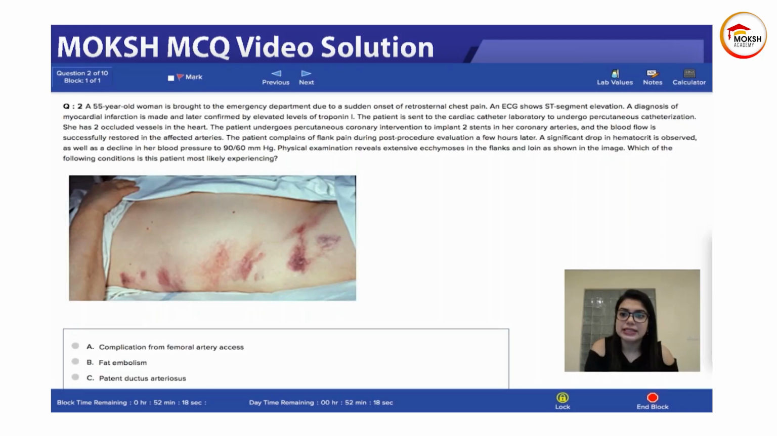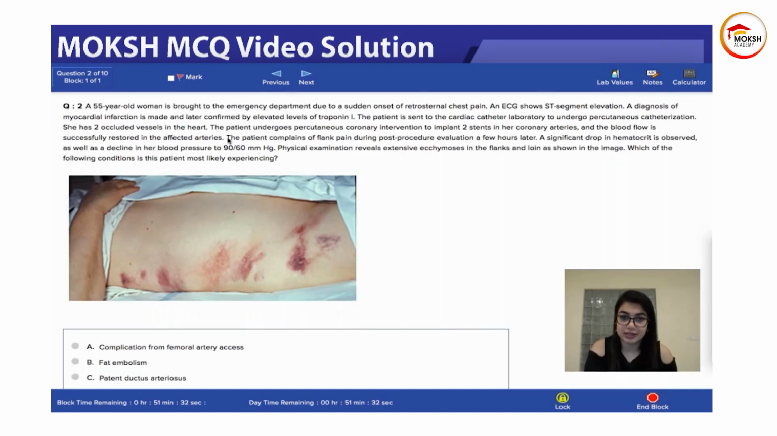Okay, let's read this patient's condition and tell me what do you think she has. A 55-year-old woman brought to the emergency department due to sudden onset of retrosternal chest pain. An ECG shows ST segment elevation. A diagnosis of myocardial infarction is made and later confirmed by elevated levels of troponin I. The patient is sent to the cardiac catheter laboratory to undergo PCI, percutaneous coronary intervention. She has two occluded vessels in the heart. The patient undergoes PCI to implant two stents in her coronary arteries, and the blood flow is successfully restored to